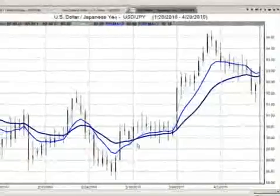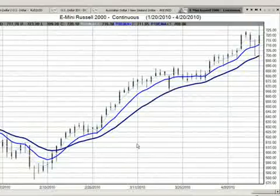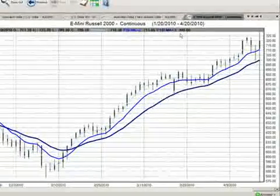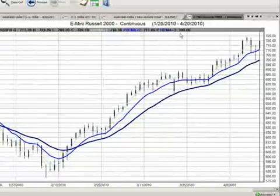Our second position, we're going to be moving off into the equity markets. Now, looking at this, we're going to be looking at the E-mini Russell 2000. This is in a very good move here. So let's identify our key levels of pivot support: 700.06, 711.05, 716.38 with a close of